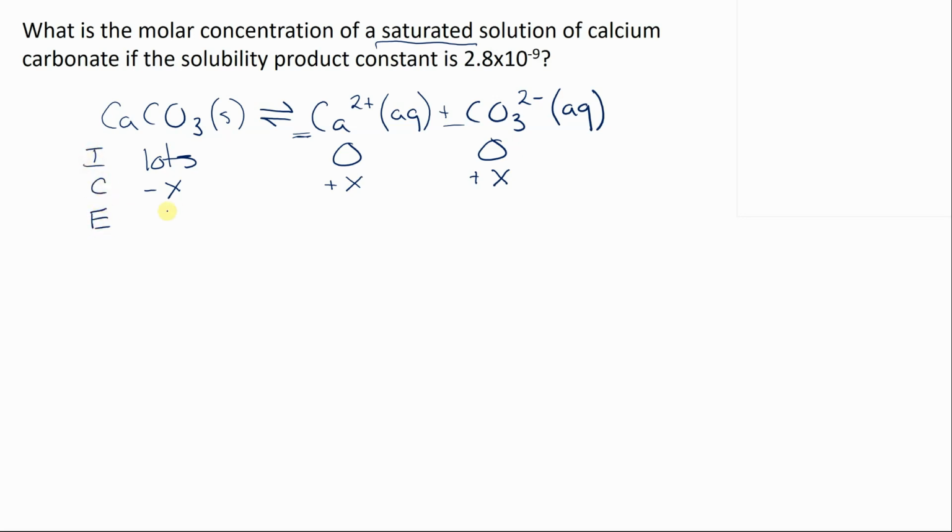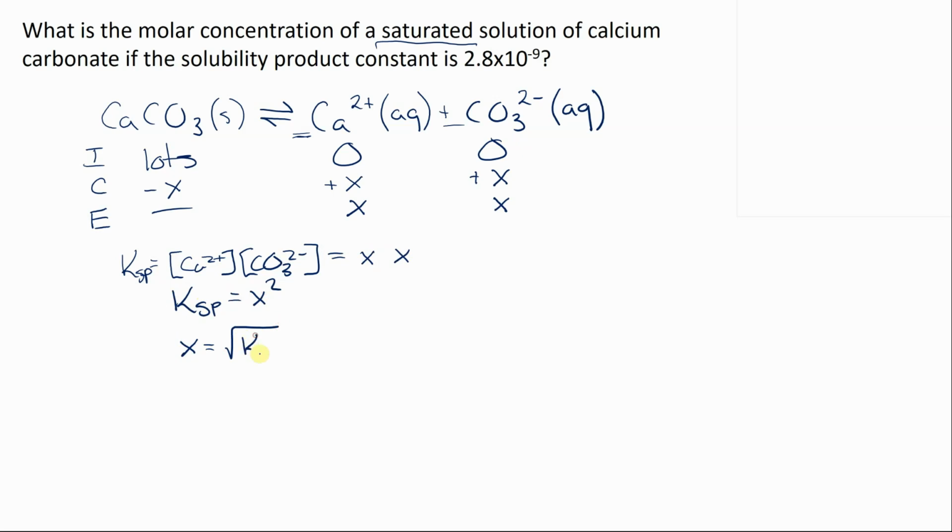When it reaches equilibrium, I'll still have lots of calcium carbonate, but I'll have the same concentration of calcium and carbonate ions. And that means that I can plug those X values into my equation for the solubility product constant, and I'll just get X times X, or the KSP will be equal to X squared. And this is easy to rearrange. X will be the square root of the KSP,